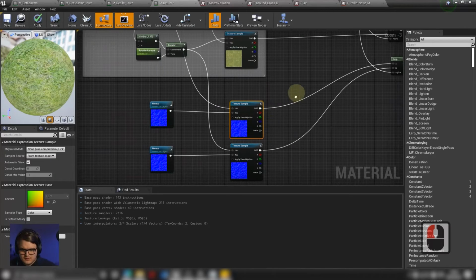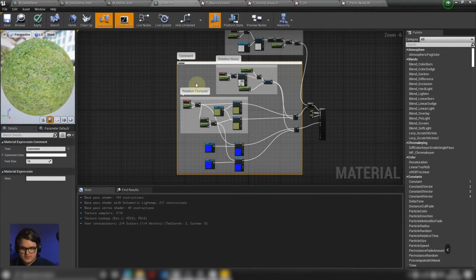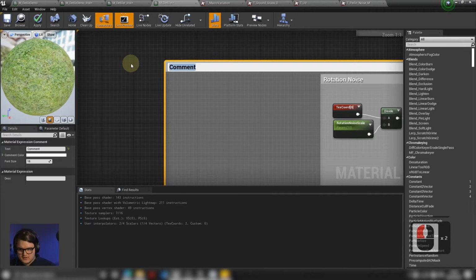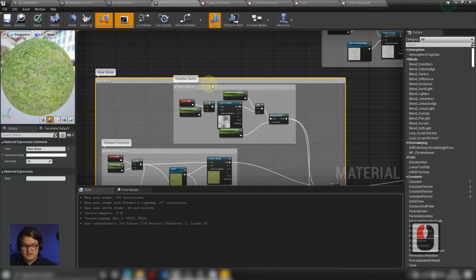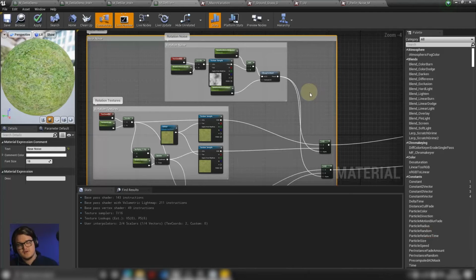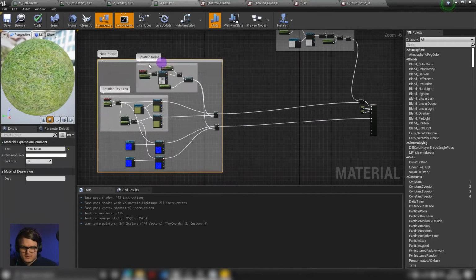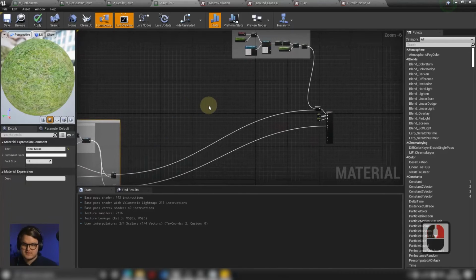Great, so we've added the normal maps, and you would have to do that for your displacement or your roughness as well. I'm going to comment all of this and call this near noise, because this is good for breaking up our tiling close to the camera, but it's not good for breaking up our tiling far away from the camera, or even in the middle distance. So I'll take that all the way into the background to give us some space,